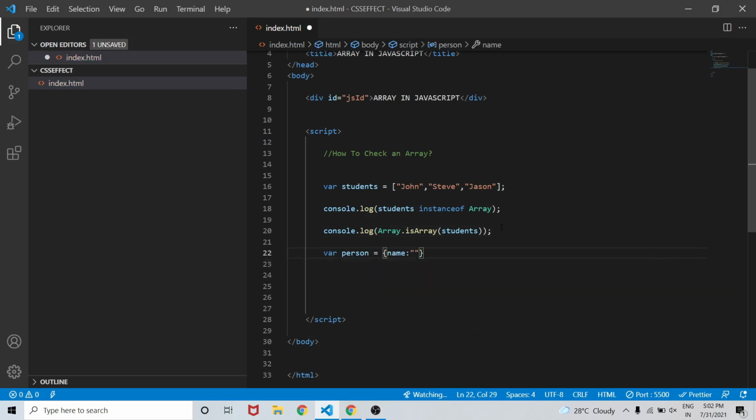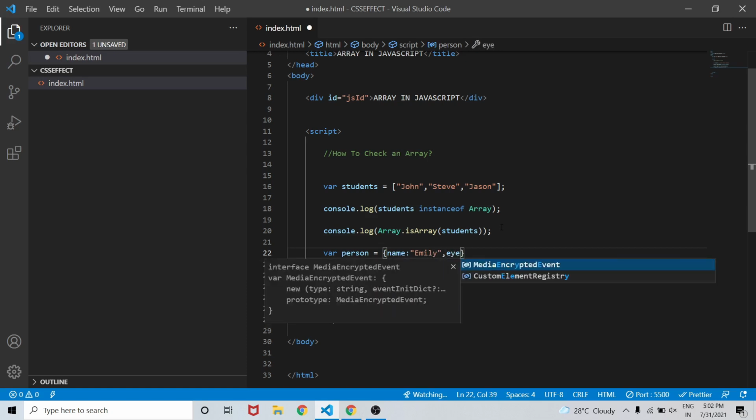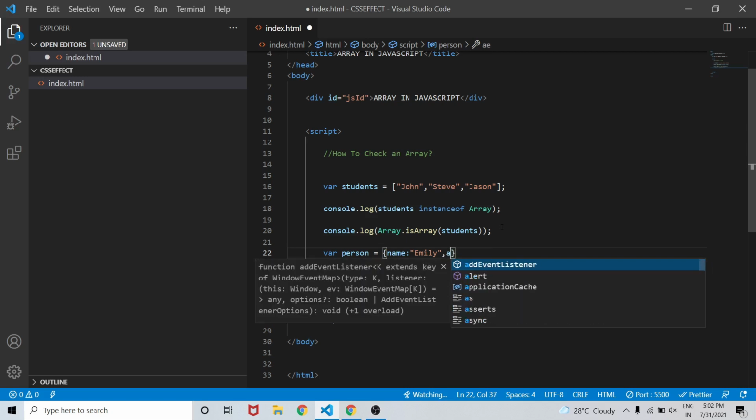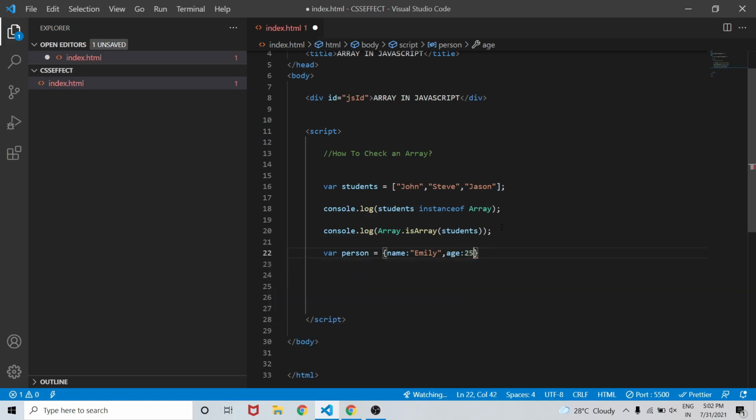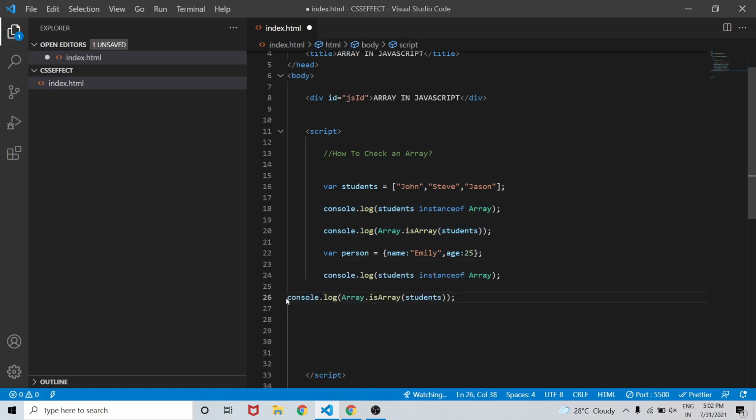Let's create an object, person, with the name Emily, and suppose, let's add age only, age 25. Now I'll just copy paste that and replace students with our person object.